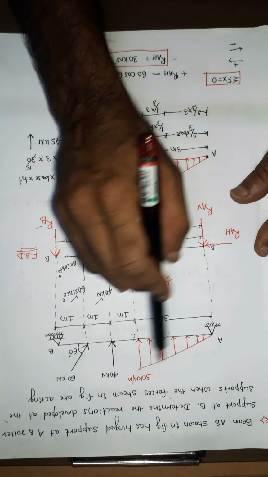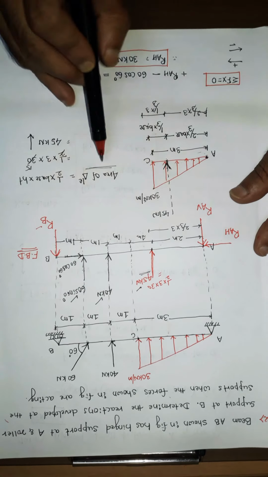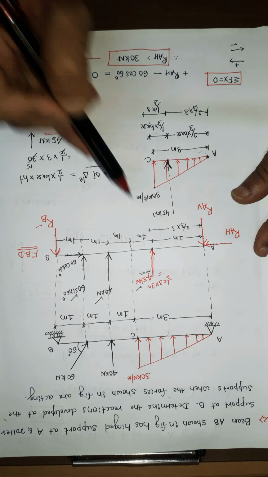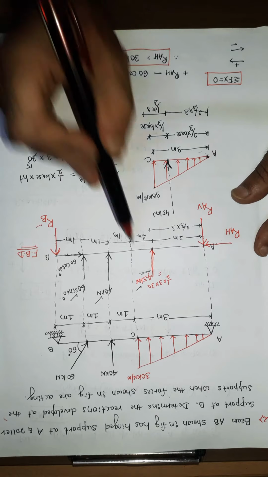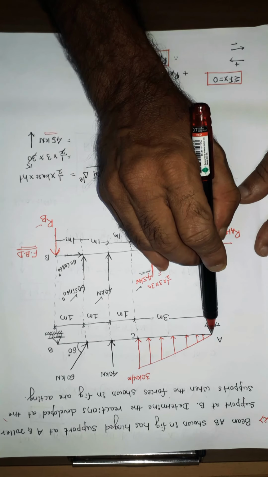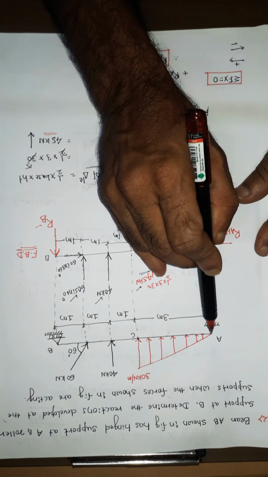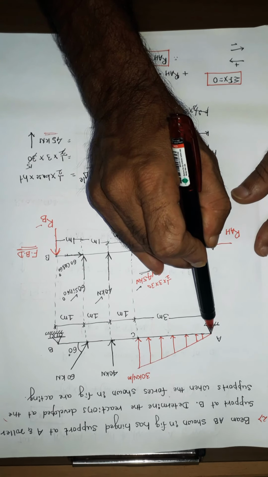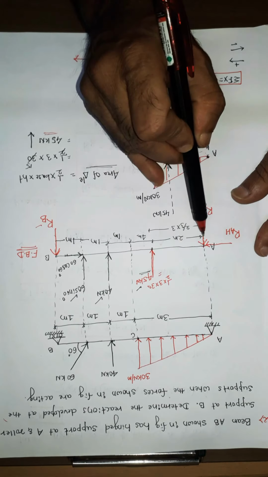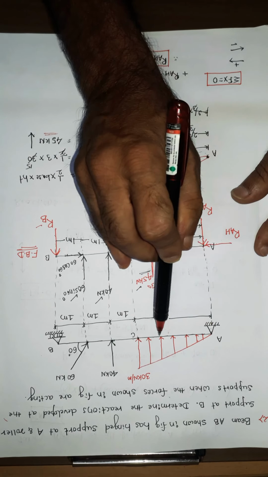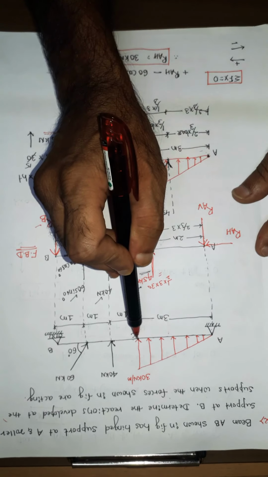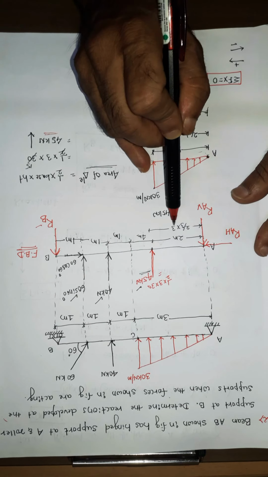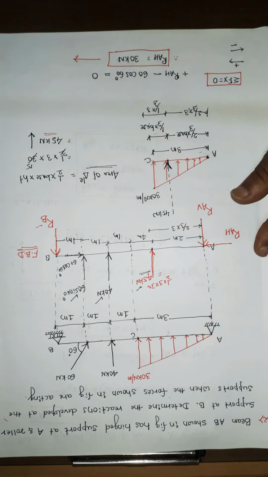Then convert the triangular load into a point load: take the area of the triangle, and whatever area you get itself is the point load, acting at a distance. There are 2 ends for this triangular load. Here the load is 0, and here it is maximum. From the zero-load end it is 2/3 of the base, and from the other end it is 1/3 of the base. So 2/3 of base means 2 meter, and from here it is 1 meter.